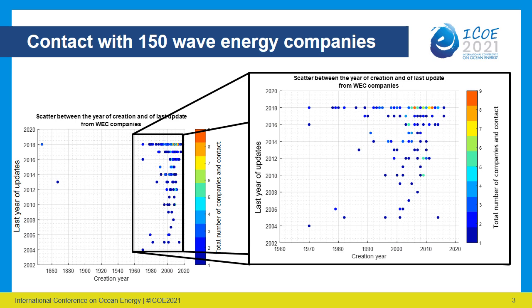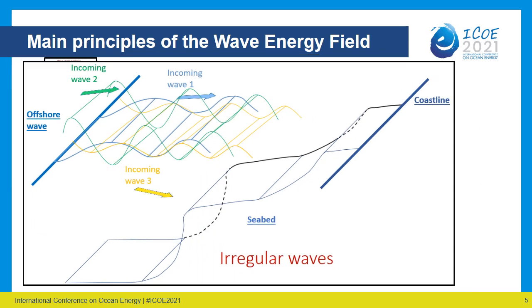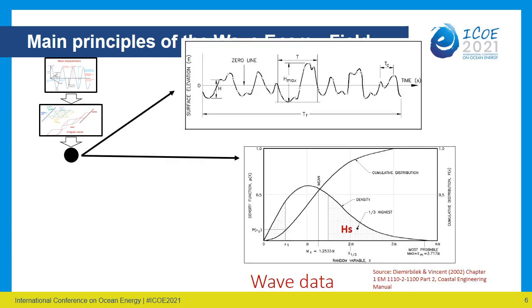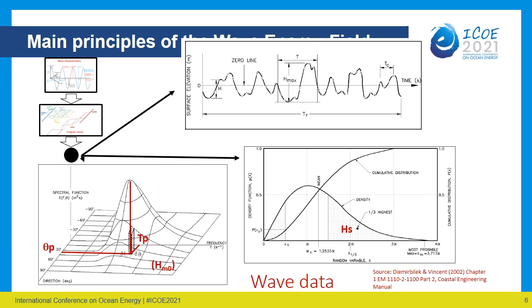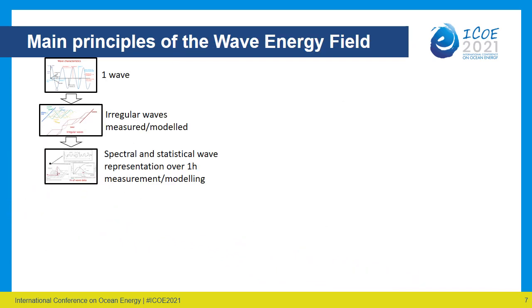To understand the main challenge of developing such a method, due to the various WEC designs, first we need to understand why there are so many designs, and this is due to the wave, and more to it, to the wave climate. From the distribution of waves, the wave significant height is calculated, then the wave peak period and the wave peak direction. But already here a point: the wave significant height is sometimes not calculated using statistics, but using spectral analysis, and other wave parameters may be used alternatively to the ones shown here, leading already to very complex